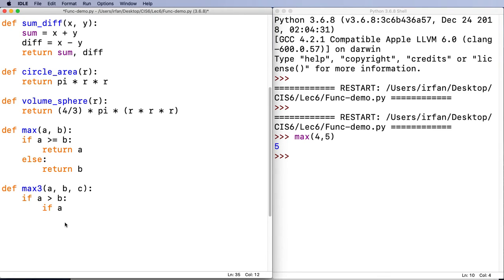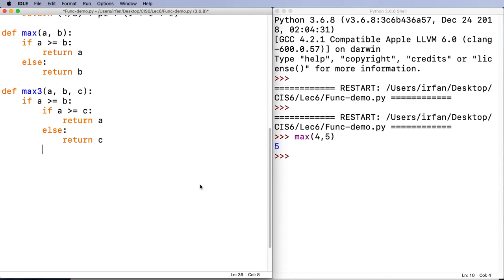Then I'm going to say if a is greater than c. You can also say greater than or equal to. If I say equal to, that still eliminates b. And then a is greater than or equal to c. If that's the case, a must be the greatest, right? So return a, else return c. And if not, a is greater than b, that means it must be the other way